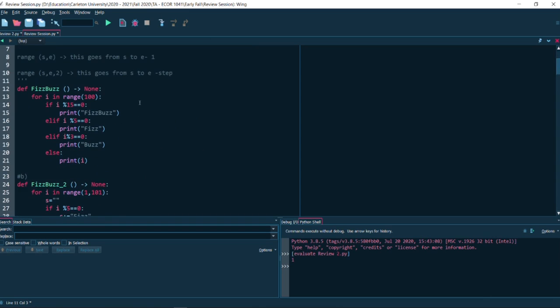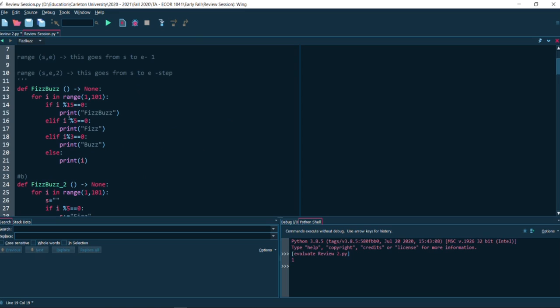The way I did the FizzBuzz program was that I'm checking every single number from 1 to 100. Then I check if it's divisible by 15, I have to print FizzBuzz. If it's divisible by 5, I have to print Fizz. And if it's divisible by 3, I have to print Buzz. And if it's neither, I just print the number. And as I said, the order of the if and elifs matters. The reason I picked the if and elif system is because I only want one of them. If your number is 15, 15 is divisible by 15, by 5, and by 3. I don't want it to print fizz, buzz, fizz, and buzz. I want it to just print fizzbuzz. So that's why the if and elif system was used.